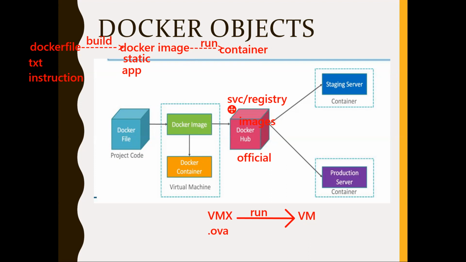So let me now come to this picture. So you have a Dockerfile. See here, Dockerfile, where they'll pack the project code and all. Create an image. Run it to have a container. Also, this image, if you want, how do you share it with others? Through a registry. You can even push this image to Docker Hub. Others can download it from there. Of course, you can have private accounts and all. Once they download from Docker Hub, they can create different environments with the same Docker image, like you may create a staging environment, production environment, and so on with the same Docker image.